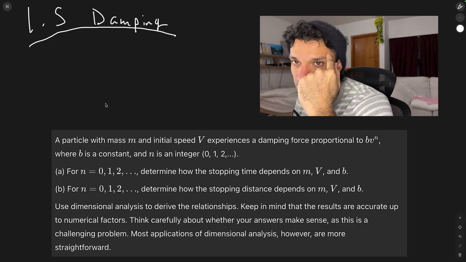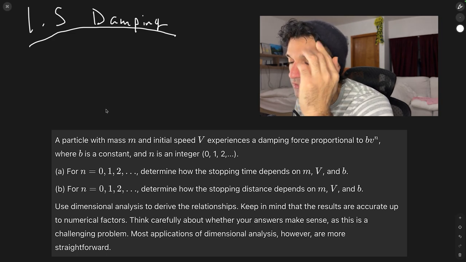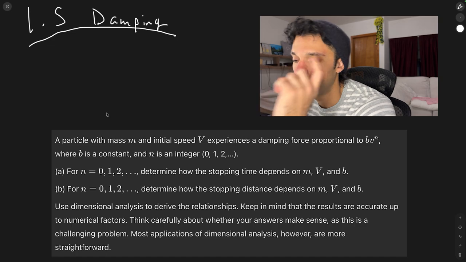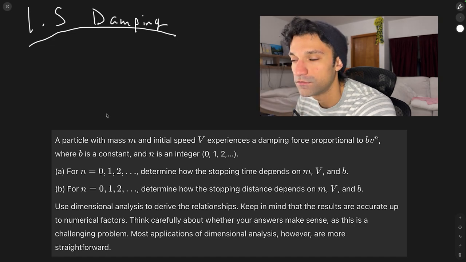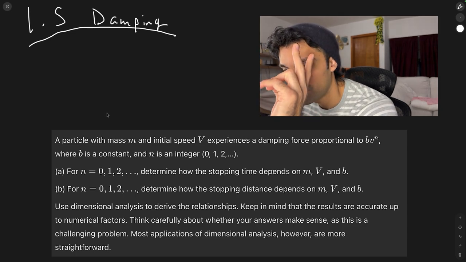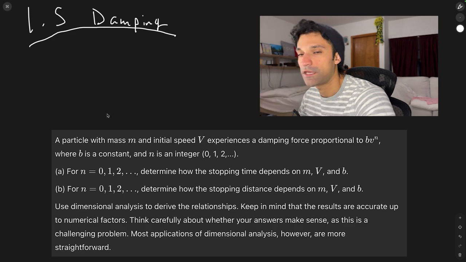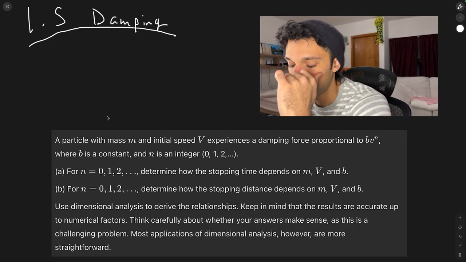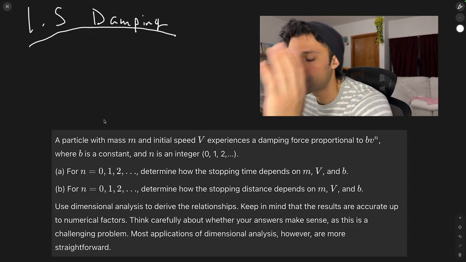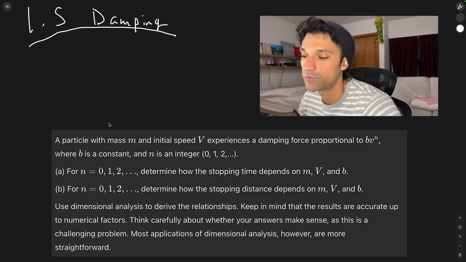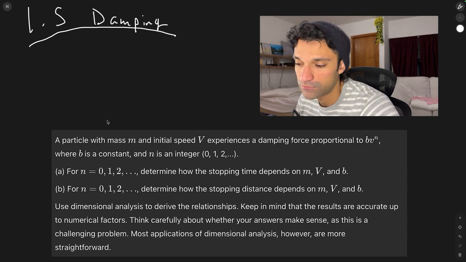So for part A, look at the relationship between t, the stopping time, and your other variables, and do that for n equals 0, 1, and 2, and 3 if you want, and for n going up and up, right? Think about conceptually what we're dealing with here. We're dealing with damping, right? So